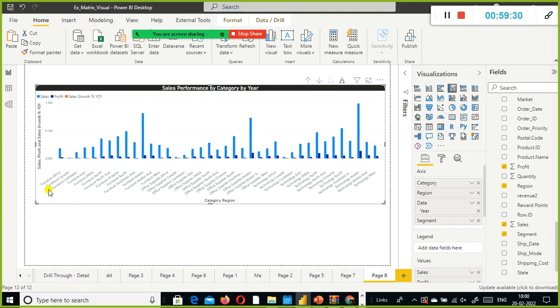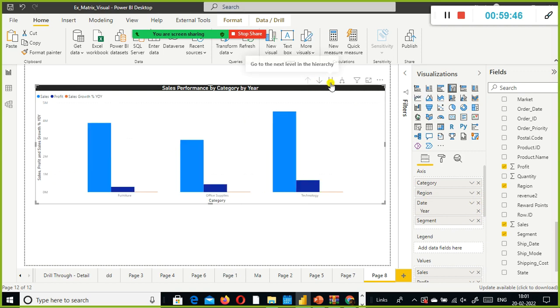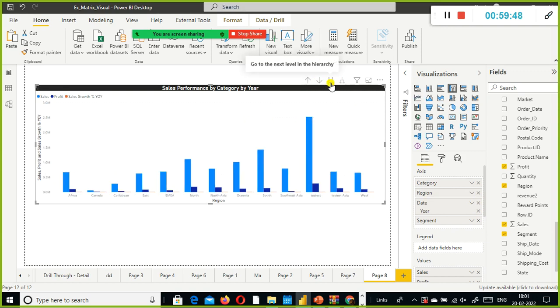Here it shows us this one also, right? Furniture in Africa, everything it shows, so the category and region also. Okay, good. So the next one: one second, sorry, I just go one up. I think I pressed it wrongly. Yeah, look here. When you click on this, go to the next level in the hierarchy, it ignores the category.